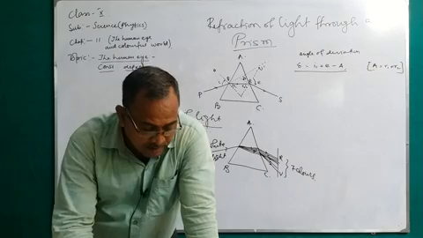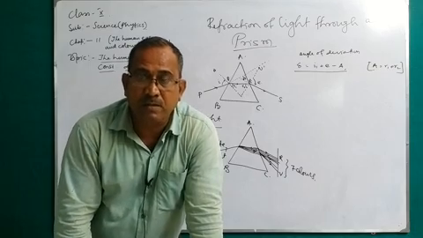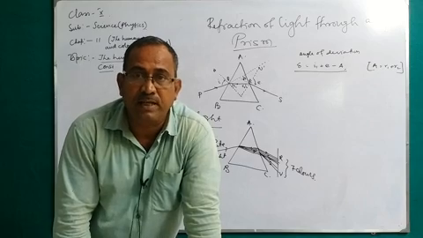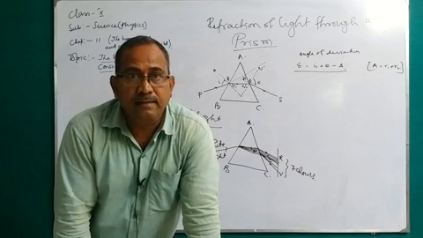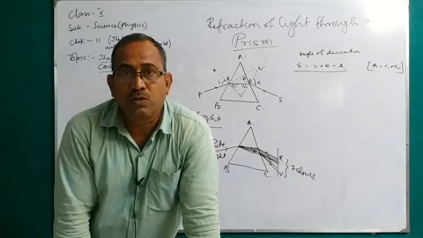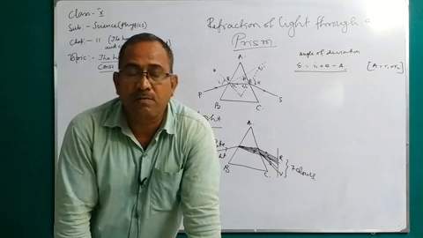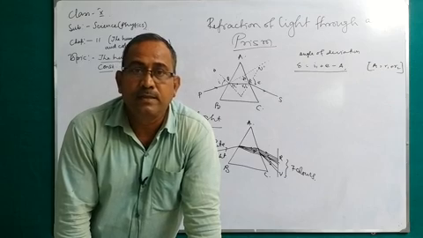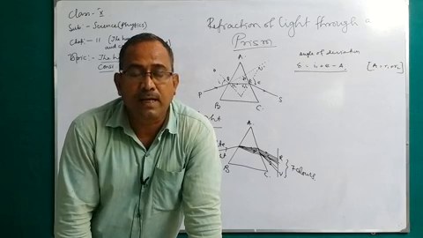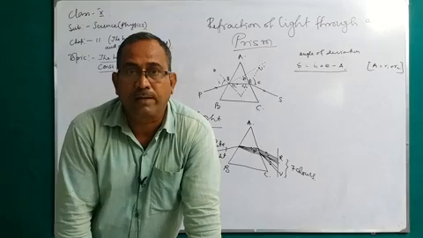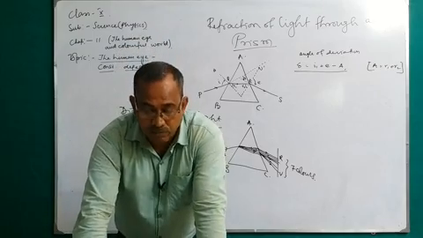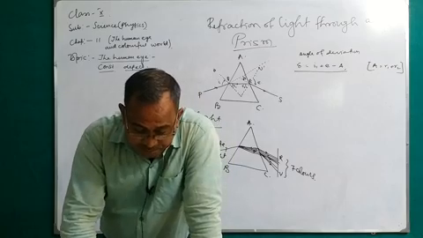Am I clear? So atmospheric refraction, you know it, in different air layers the density will be different. So due to the refraction, the intensity of light will be different, and you see that from a far distance the light is just twinkling. So the star will twinkle due to the atmospheric refraction.